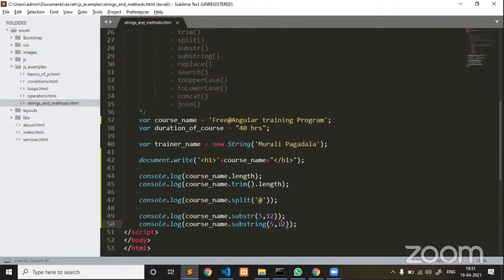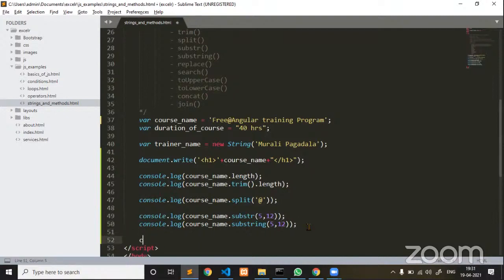I hope you people are understanding what I am trying to explain. Now, this is the difference between substring and substr. Both of them are extraction techniques, but one collects from index and to index. It is going to fetch the characters between this from and to. Another extracts from index followed by the number of characters that you have passed as the second parameter. That's all the differences.